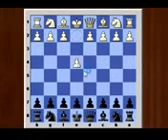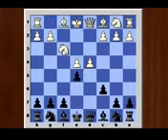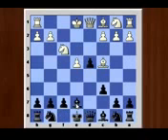e4, c6, d4, d5, f3, d captures e4, f captures e4, e5, knight f3, e captures d4, bishop c4, bishop e7,